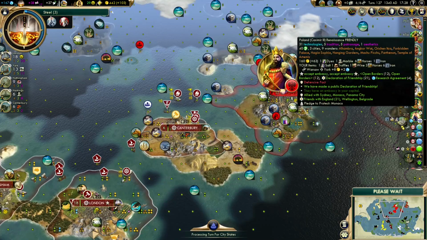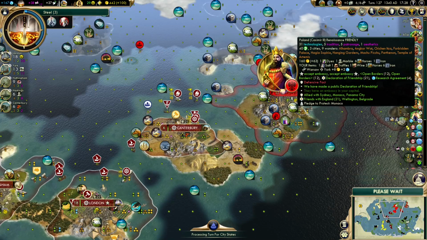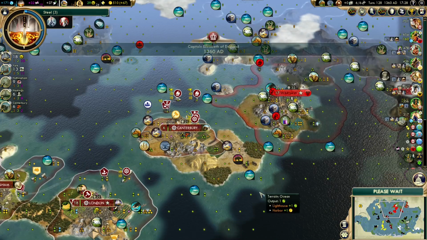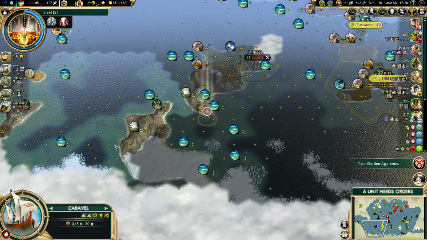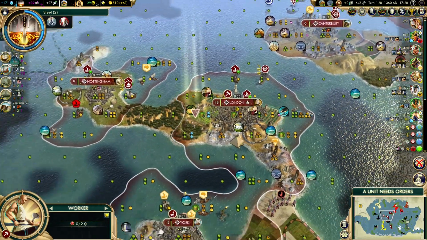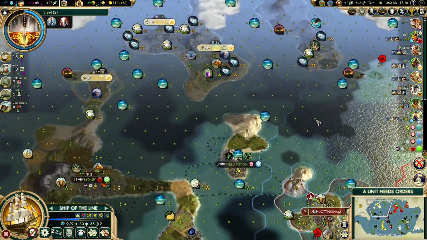Research agreement will be done in 4 turns. So our Declaration of Friendship will be up in 21, so he probably won't attack me until that's over. I don't think the AI will declare war on you if you have a Declaration of Friendship. I don't think so. We'll find out. But I think perhaps in the meantime we could go after...